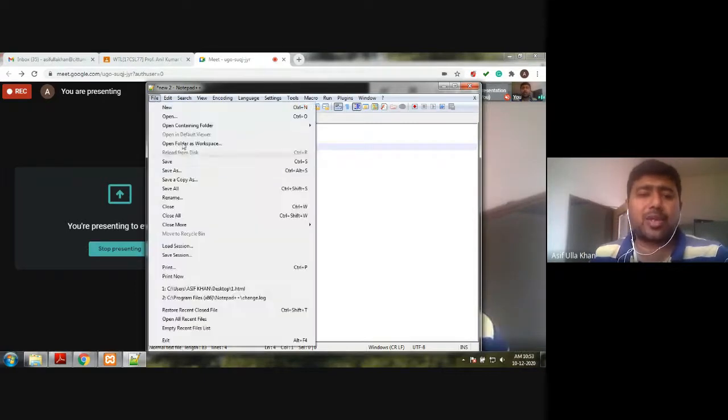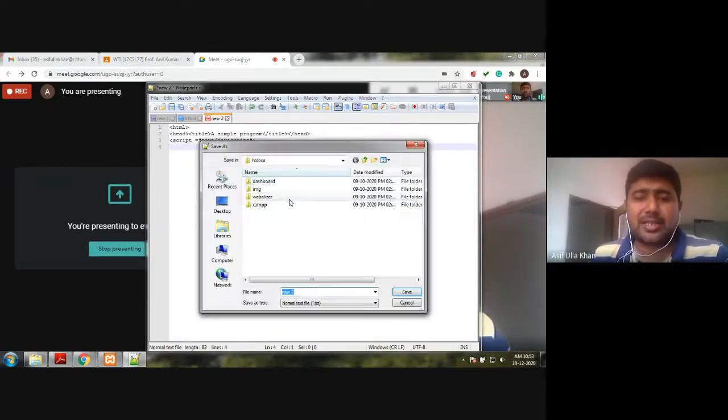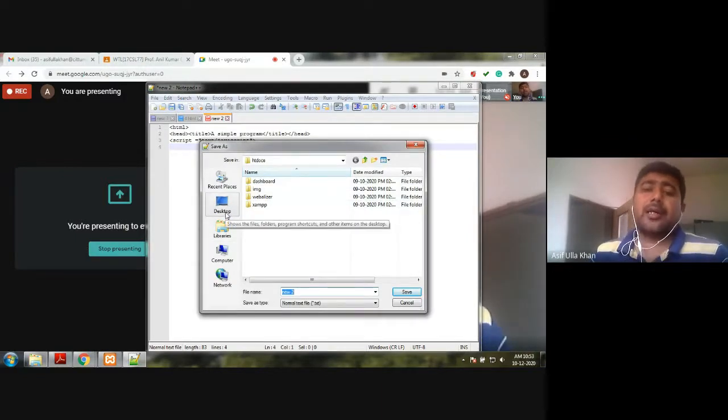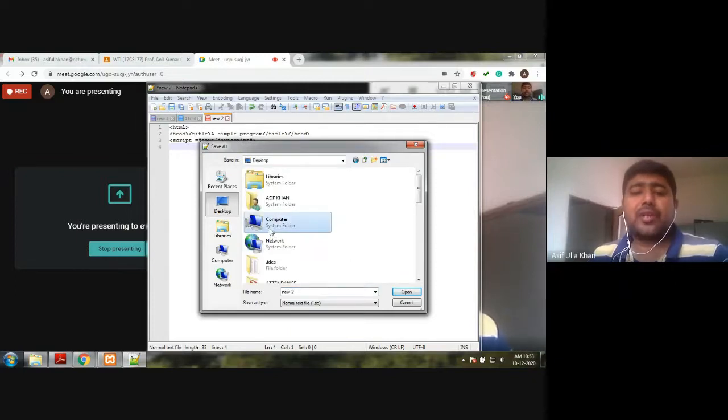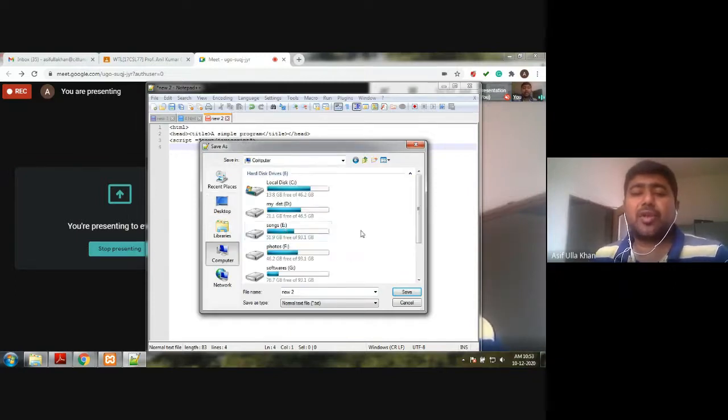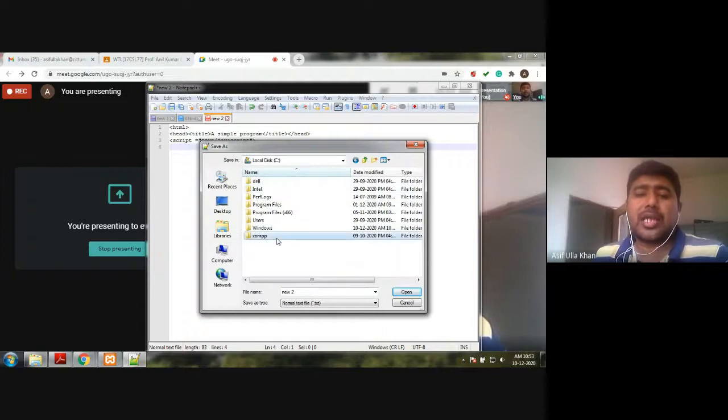I'm going to store the file. Save as. This time I'm showing you how to store the file in XAMPP and run from there. So go to your C drive. Obviously, your XAMPP will be in the C drive, which you already installed. In this, you need to put the .html files in htdocs.